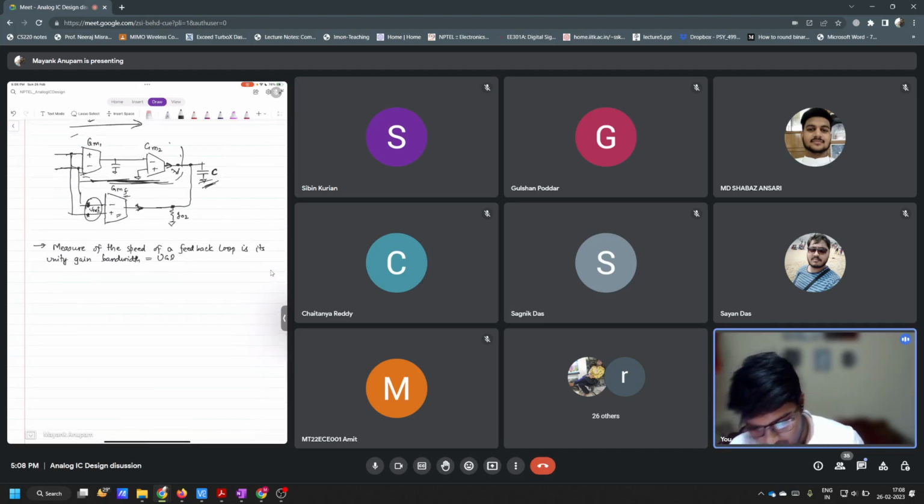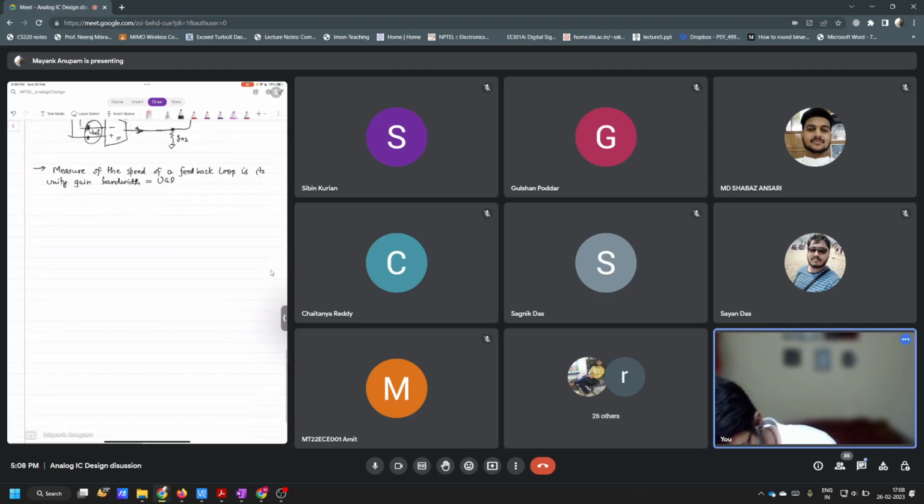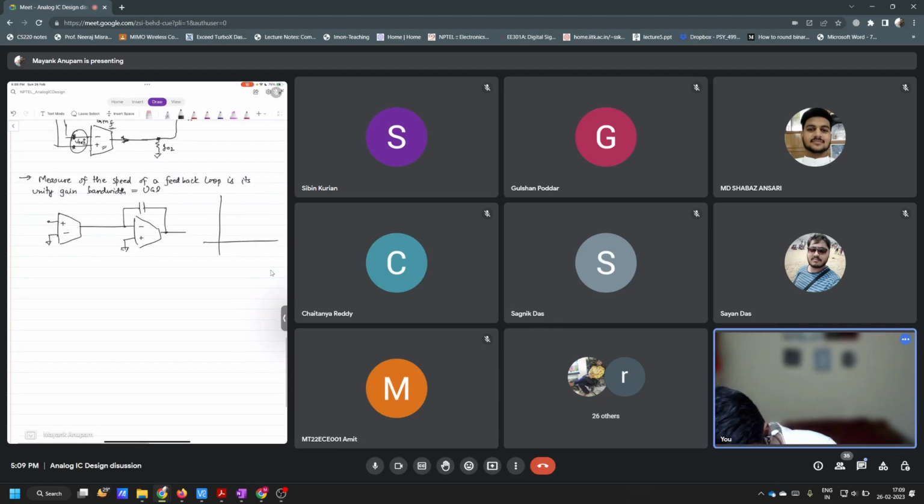What Professor Nagendra explained in his lecture is fine. I just wanted to give you another insight here. So what do we see here? This is one op amp, which we have studied so far, and we added Miller compensation here to make sure that it is compensated. And what did this Miller compensation do? If you have poles here, let's say without Miller compensation, your pole location was something like this. This is P1, and after,